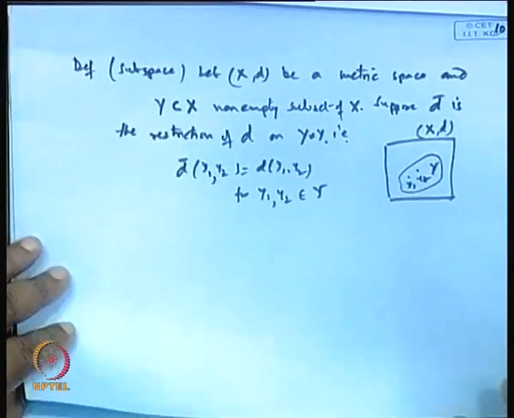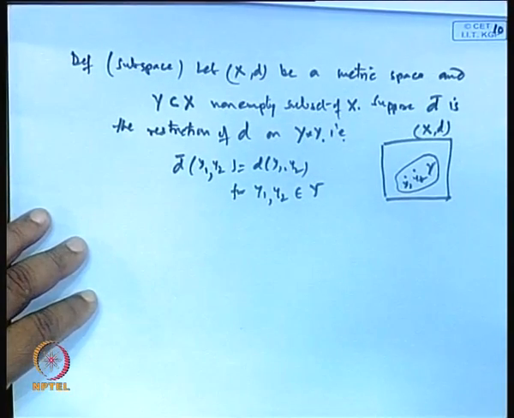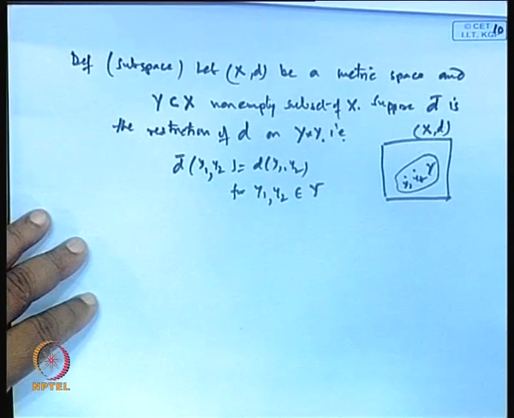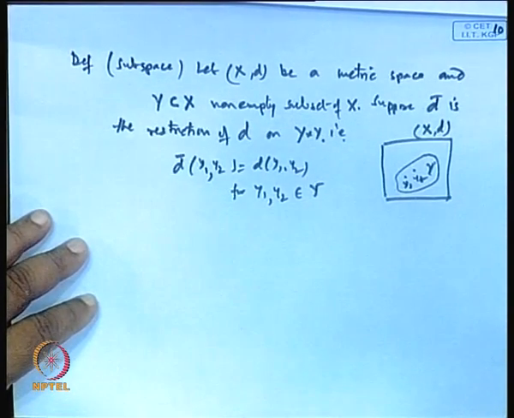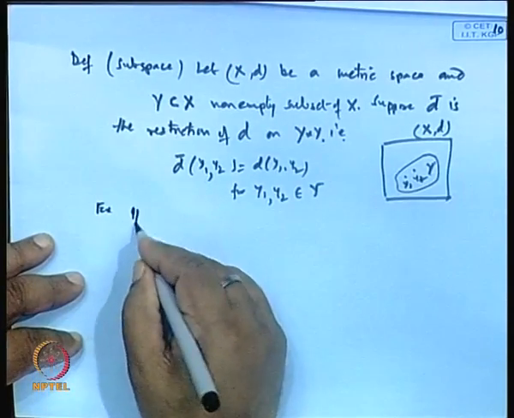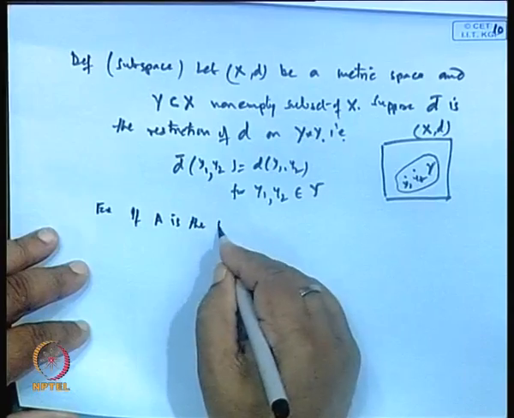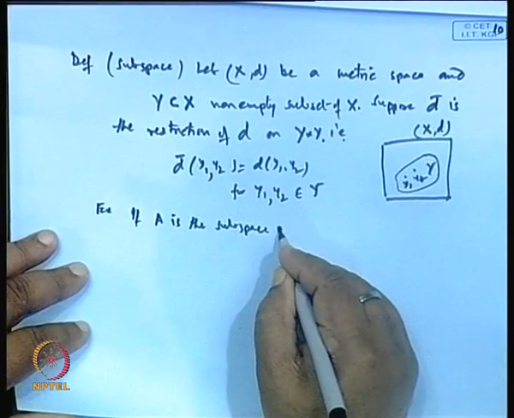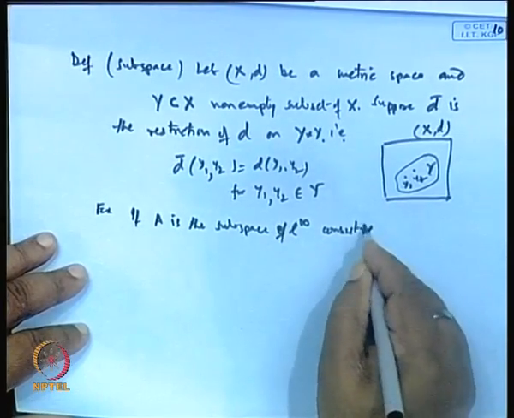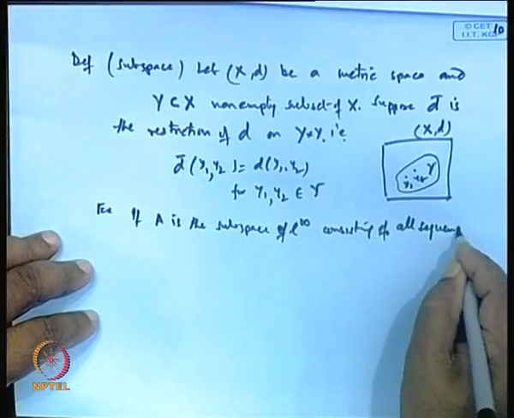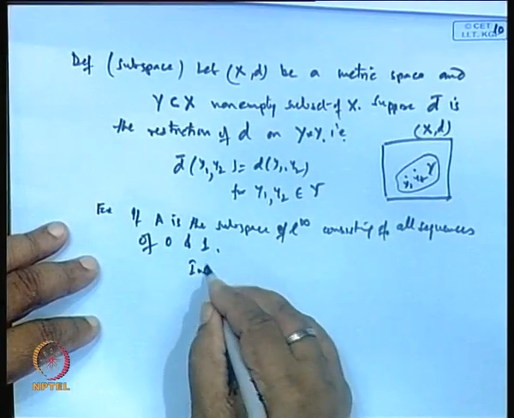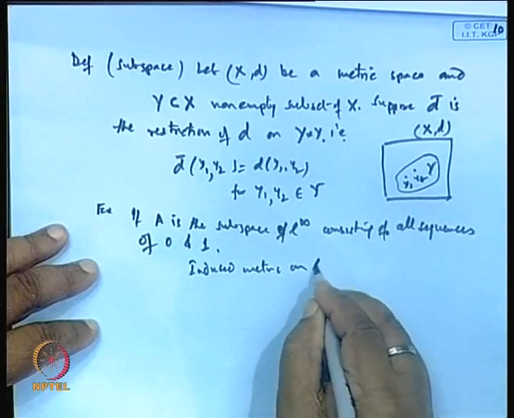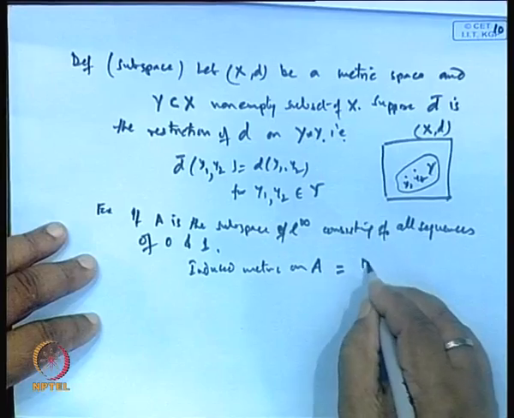Okay. Clear? So, for example, suppose A is a subset of L infinity, we have seen L infinity is the set of all bounded sequences, and then if we take this example, let us say A is the subspace of L infinity consisting of all sequences of zeros and ones, then the induced metric on A is nothing but the discrete metric,